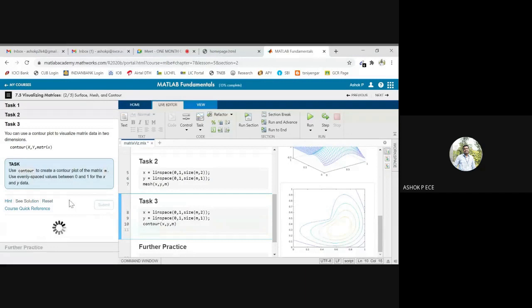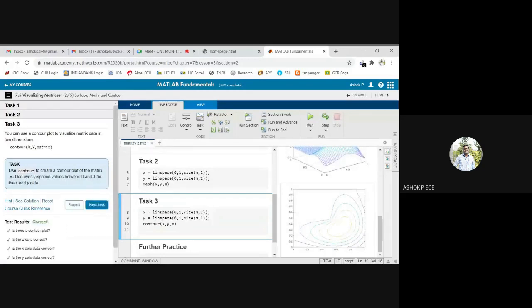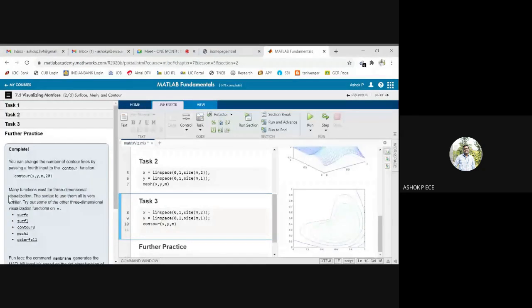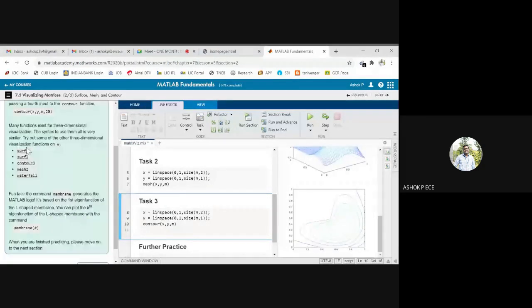So the three plot commands for 3D are surface plot, mesh, and the last one is contour. And mathematically, you can understand all the differences. You also have other commands like these, which you can see in the help. You have waterfall, surfl, contour3, mesh is there, waterfall. So all these commands can be explored in the help section, and you can understand